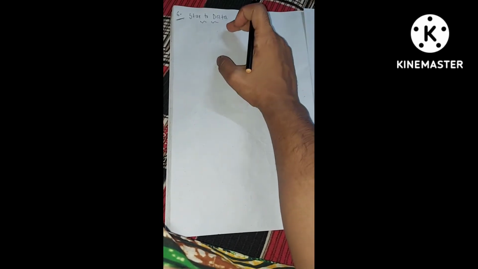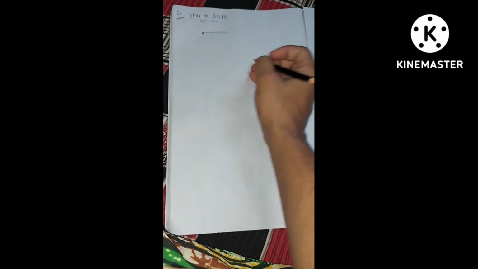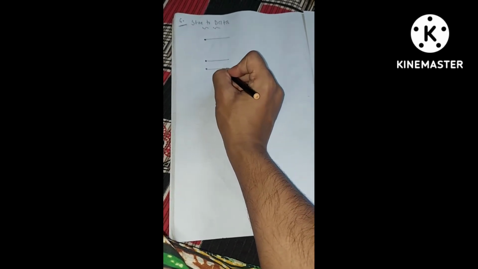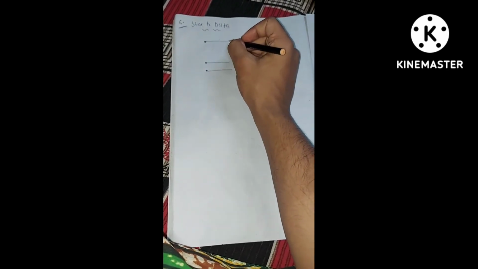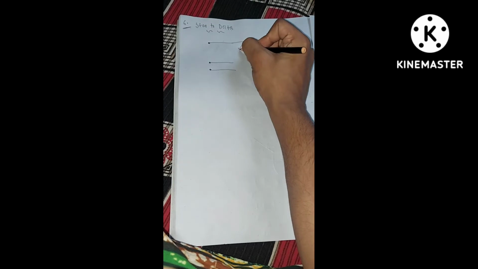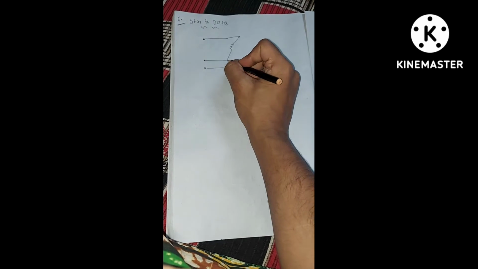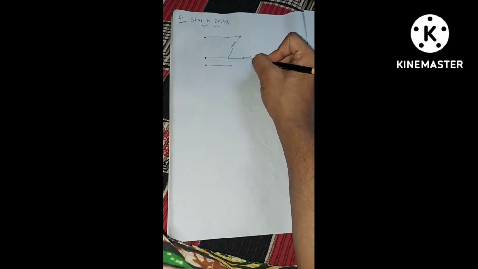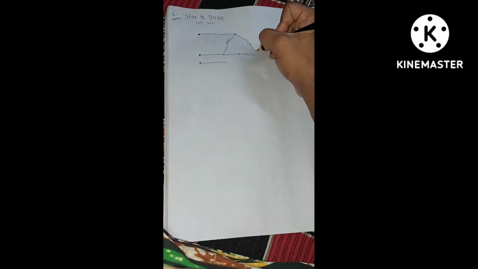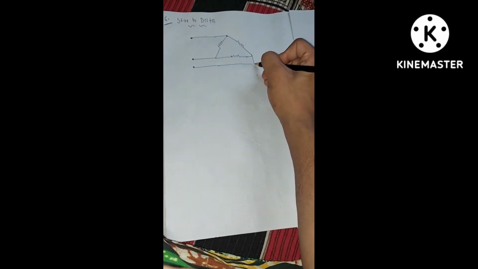For this, first you have to draw a circuit. Take 3 points: point 1, point 2 and point 3, like this. Now from these points, draw a triangle like this. Take one resistance R1, then take your resistance R2, and then the third resistance R3. And join this point like this.